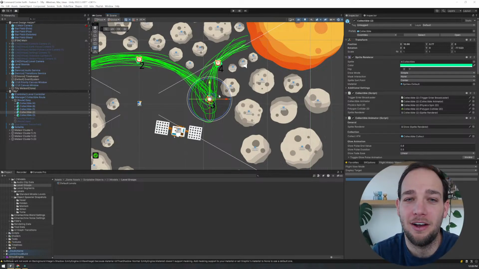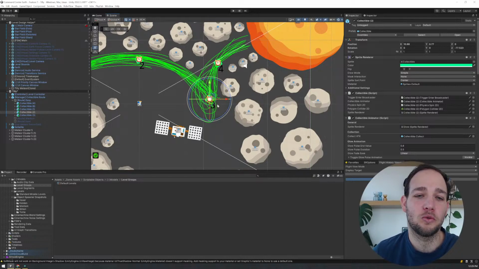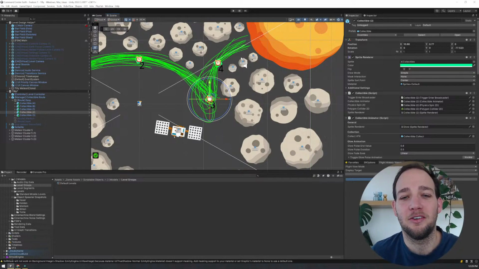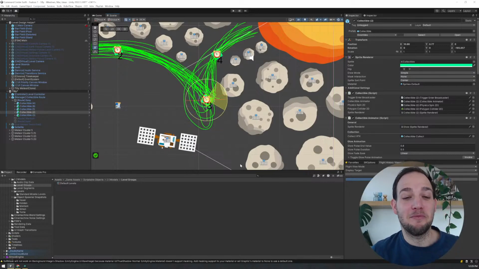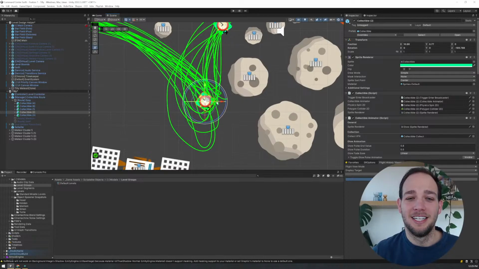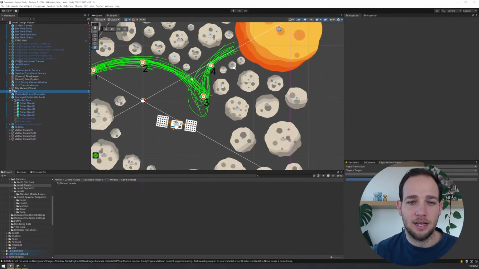I am fully aware of how ridiculous this is. I'm literally placing these virtual collectibles and talking to you about how close they should be to meteors. I don't know. Sometimes I'm seeing myself from the outside looking in, and I think it's hilarious. But it's fun. At least for me, and for other people. For some people, it's probably extremely ridiculous and boring.